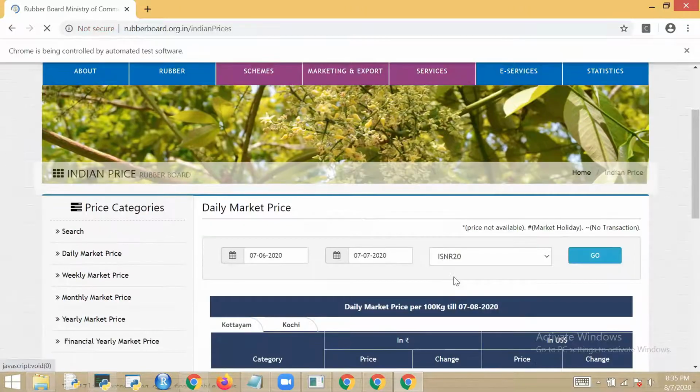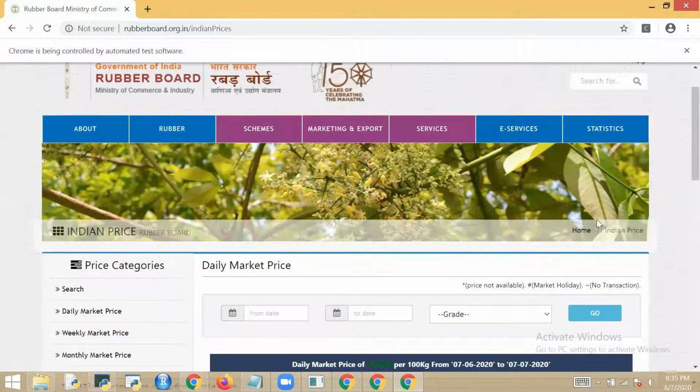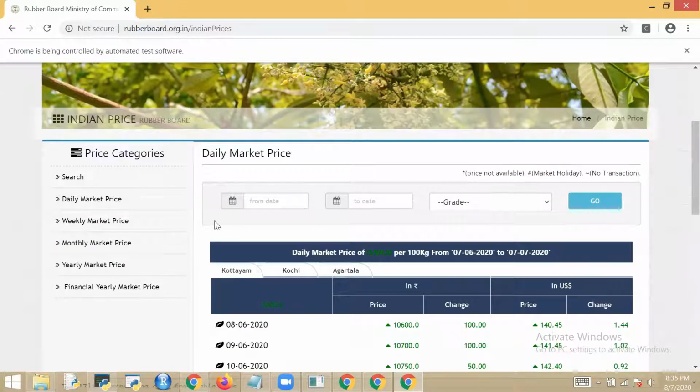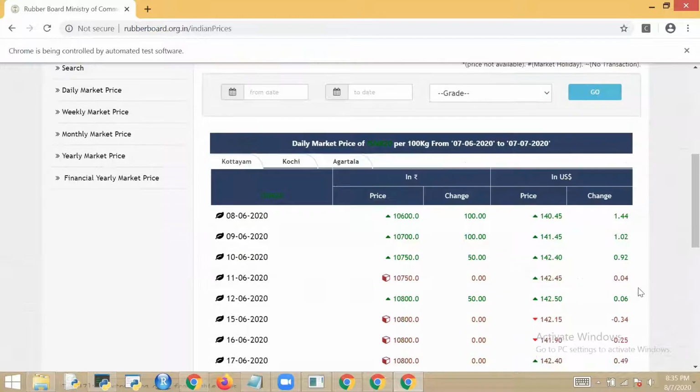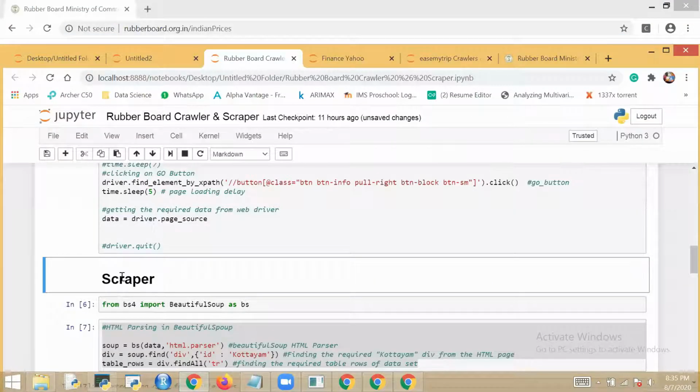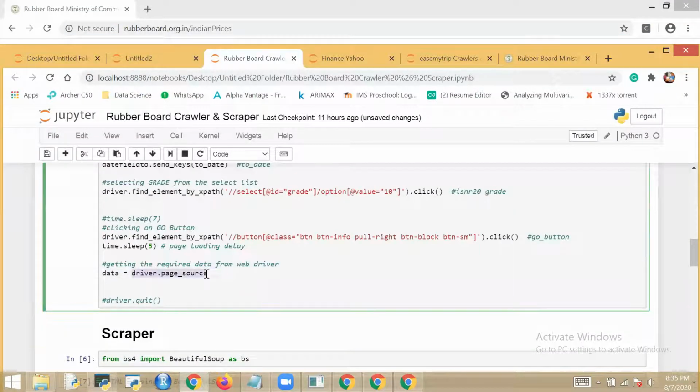So after clicking on go, you got the final data. You want to scrap that data. Last time, you remember, we used the request library to send the URL and get the data, right? But now we are into Selenium. How to get this data? This is the command: driver.page_source. You will give the data, you will get into this scrap data.